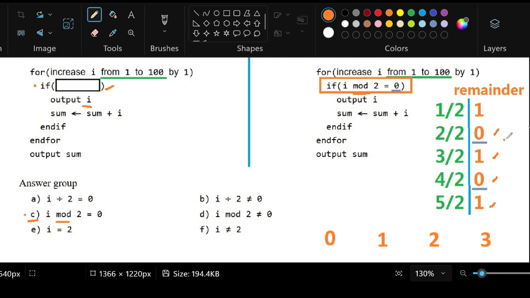And so we get this pattern, and we can see that whenever the remainder is 0, we get an even number. That's why this is the correct answer for the if condition. Another way of looking at mod